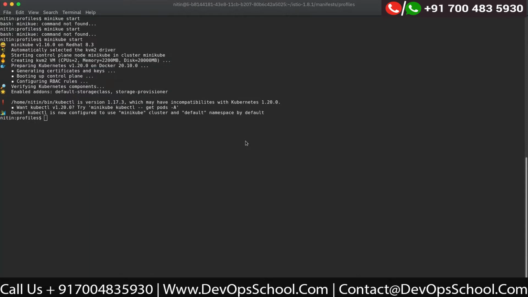Okay, so my Minikube is up and running. So what I'm going to do now is just let me see if my... come on. So anybody else tried installing Minikube? No, Nitin, unable to install this winget command, the package which we need for this Minikube installation.